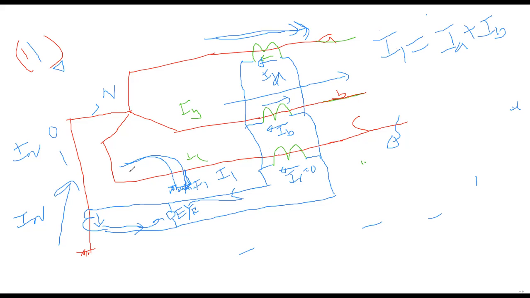Now, due to this ground fault, obviously current in the neutral will continue to flow. This fault is involved to the ground, so you will have a neutral current. What will be the neutral current? It is the summation of all three phase currents: IA plus IB. What about IC? IC is 0 here, but this is also IC, isn't it?